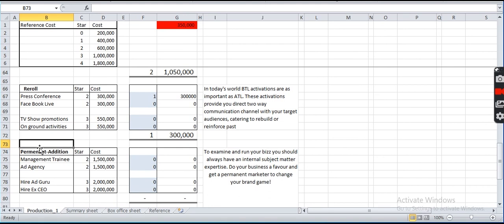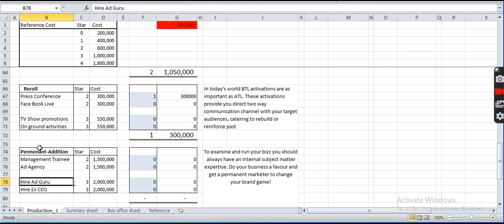Now let's look at the third category. The third category is called permanent addition. Now typically what happens is the above 2 categories, if you use this once, that is gone. However, this stays with you throughout all your 3 phases. The permanent addition is all about hiring the right people. So you can hire an ad agency to help you boost your marketing.